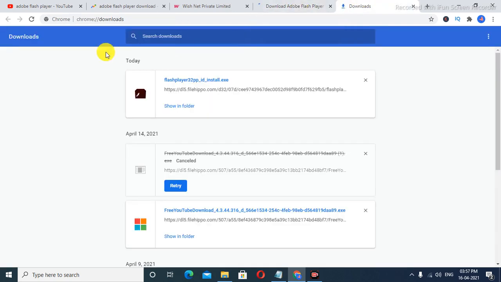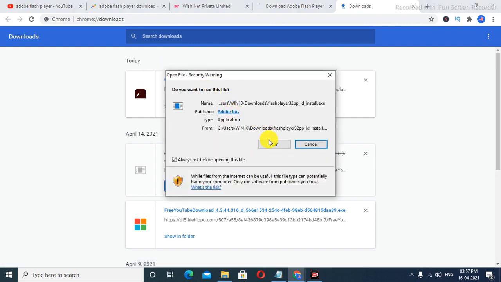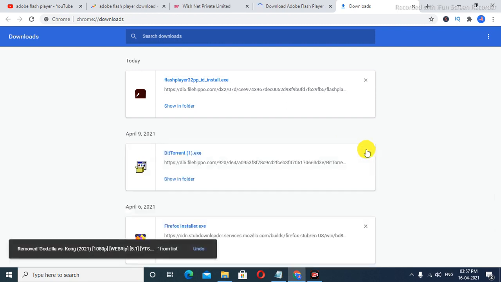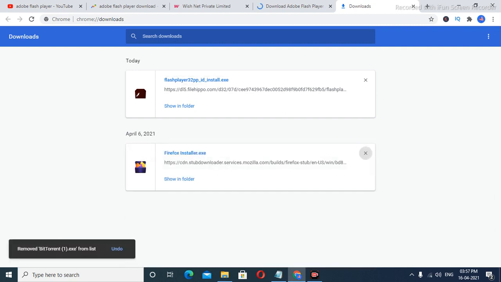So I'm going to click on show all and then open the downloads folder from here. After that, as you see, the Flash Player has been downloaded already, but I need to click on install. So friends, as you see, there is a run box in here. We need to click on yes. So after I click on yes,